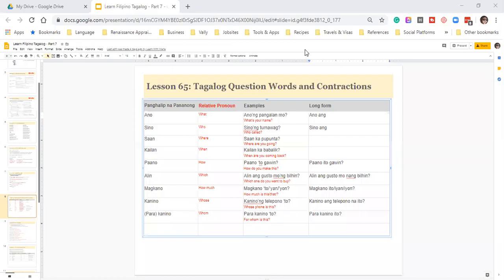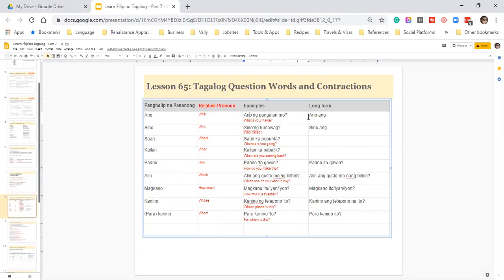Okay, recap. Now we're looking at Tagalog question words. These are all important words. I'm going to have to make some more flashcards. Yes, this is very useful, especially in asking questions. Okay, so I want you to read the example sentences. You could see anyway what word we are going to use that for, right? Okay.